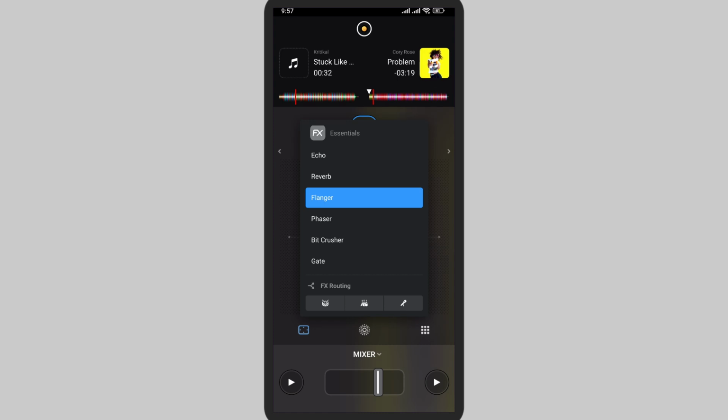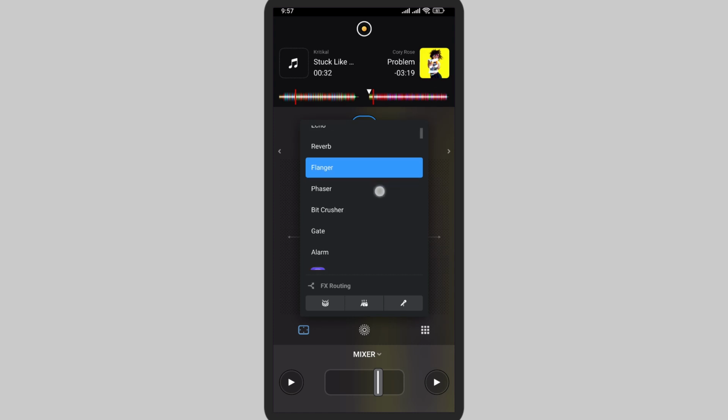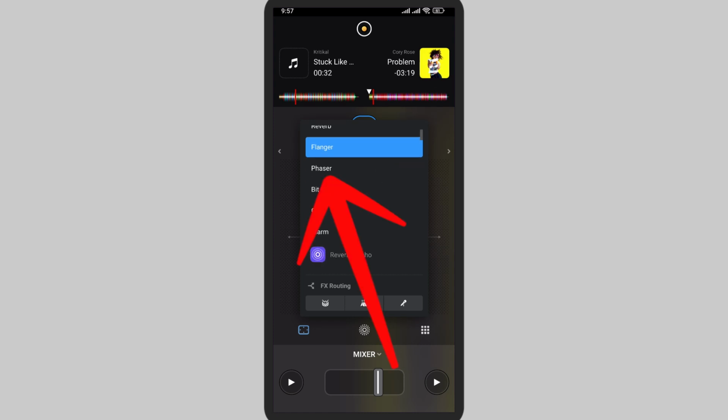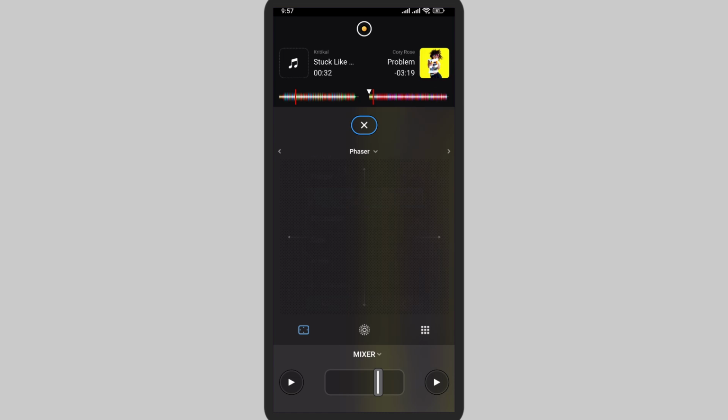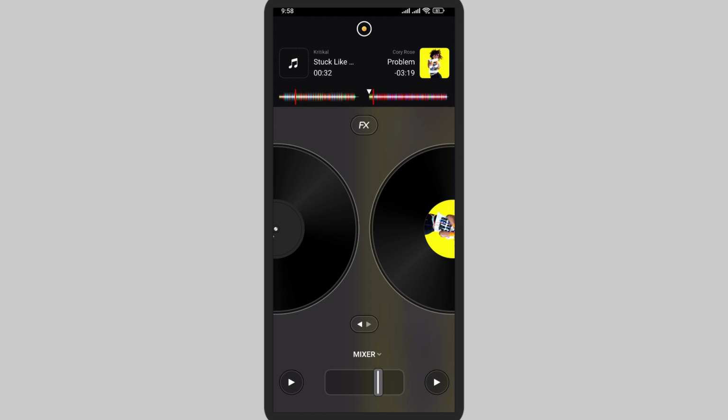So here you'll be able to see different effects that are available. Now simply select phaser. So this has been enabled. Now if you simply go back, it has been enabled and now you can use it in your tracks and